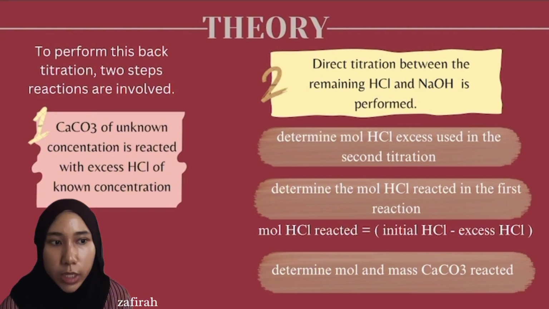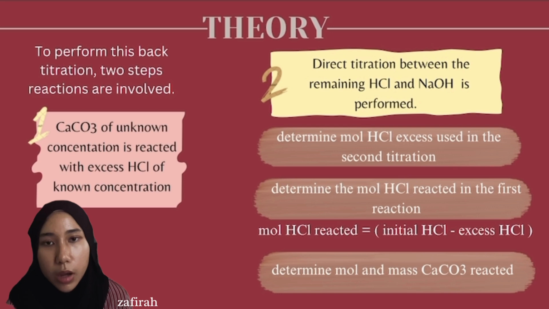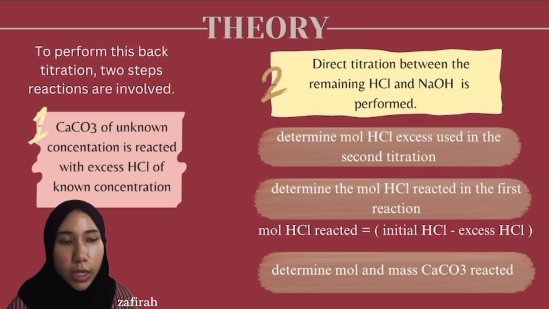By using the formula, amount of hydrochloric acid reacted is equal to amount of initial hydrochloric acid subtracted by excess hydrochloric acid, where the answer is obtained from the first step in the second reaction. And then next, we can calculate the amount of calcium carbonate and the mass of calcium carbonate that is reacted